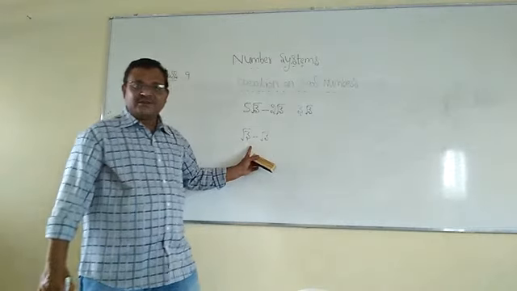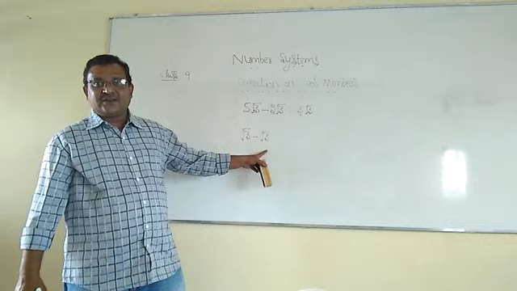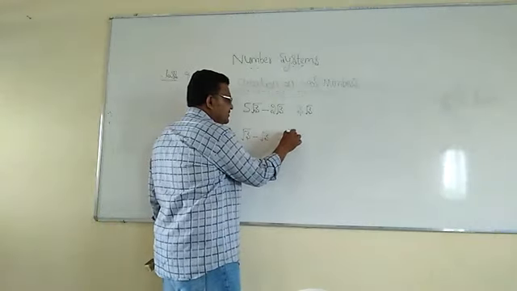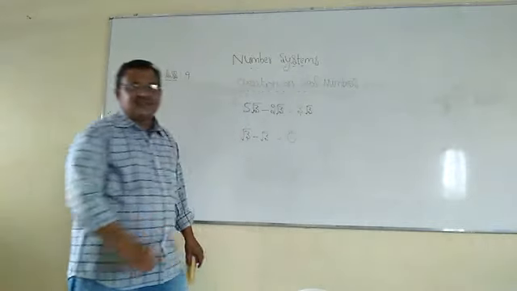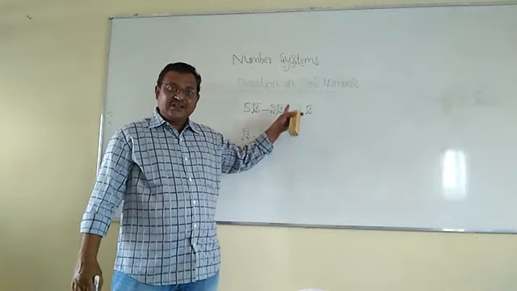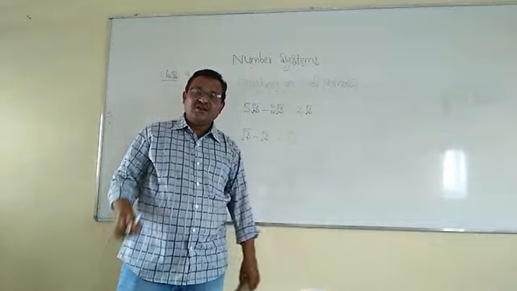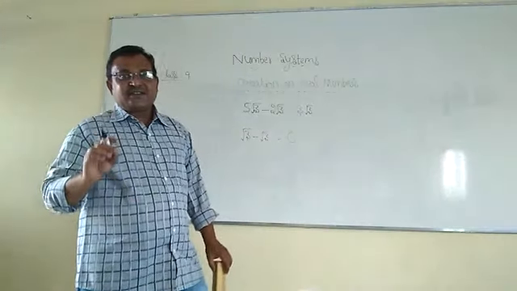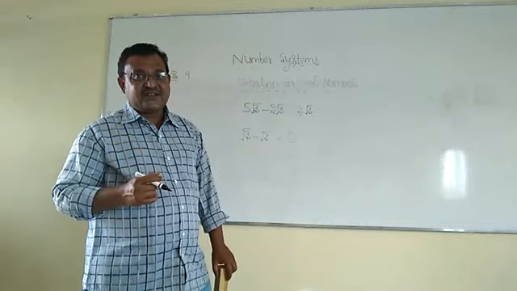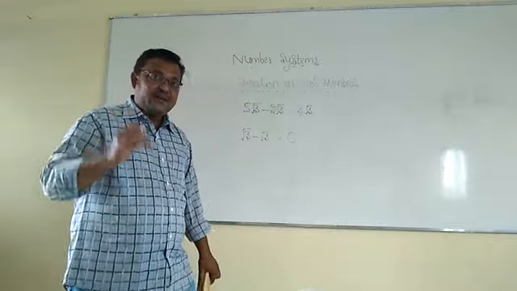Now coming to one more example. Root 3 minus root 3. Root 3 is irrational, and one more root 3 is also irrational. Subtracting two irrational numbers here, what am I getting? 0. 0 is not an irrational number, it is a rational number. Again, the result is sometimes rational and sometimes irrational. So we can say subtraction of irrational numbers is also sometimes rational, sometimes irrational, same as addition. And we'll check for multiplication.